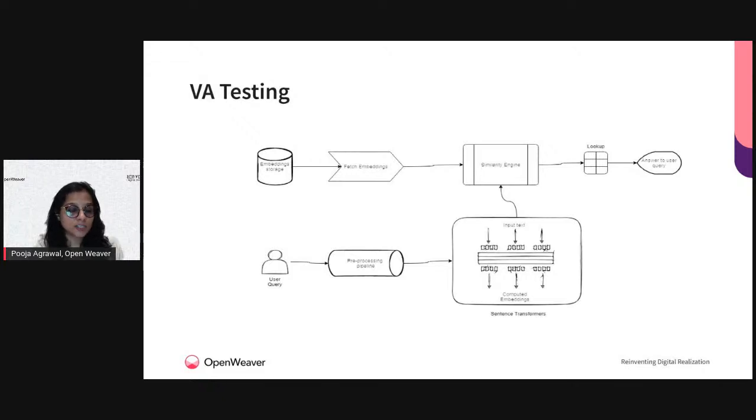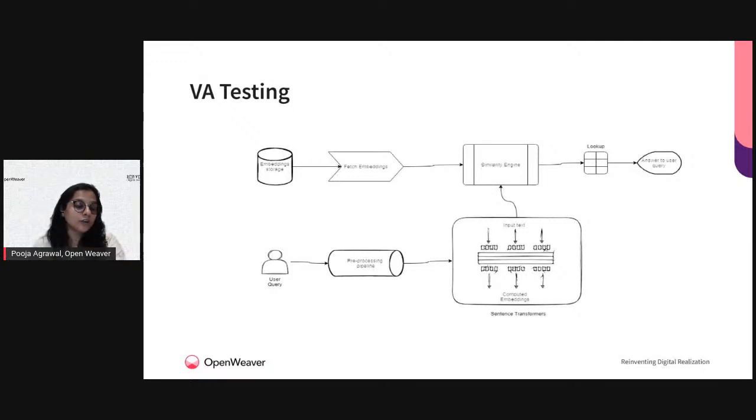And I am fetching the stored embeddings during training. So now what will I do? I will match using a similarity engine. I will calculate the distance, which is the closest, mathematically, which of my stored embeddings is closest to my user query. And then this lookup will happen. Based on this lookup, whichever has the least distance, that will be the answer to our query, right?